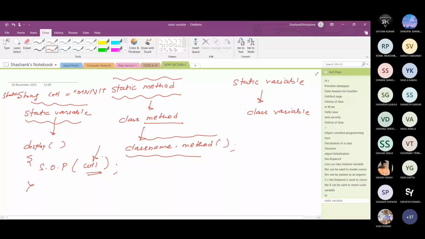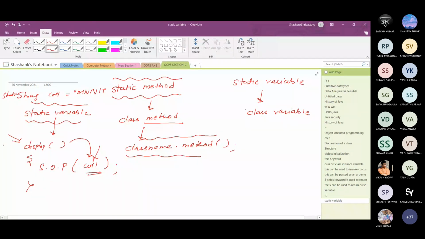But since this display method is an instance method, why is it an instance method? Because there is no static keyword here, and since it is an instance method, it is part of the object, and an instance method should not access the class variables. In order to access a class variable, we require a static method.